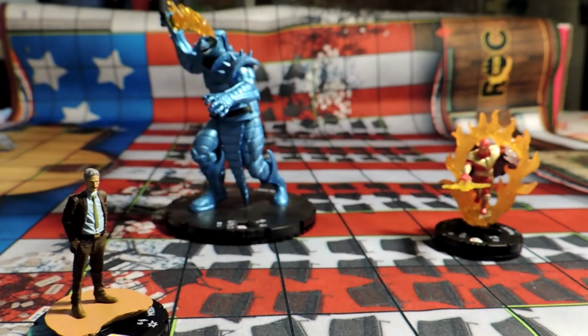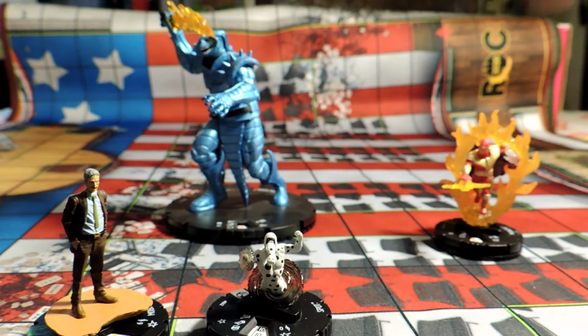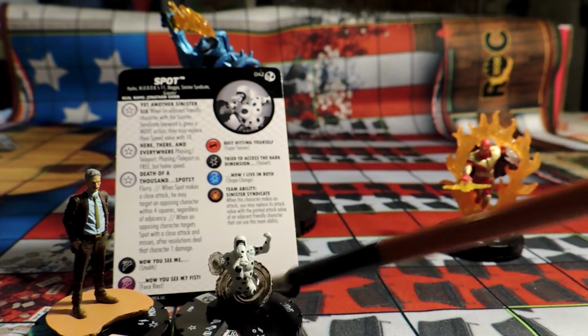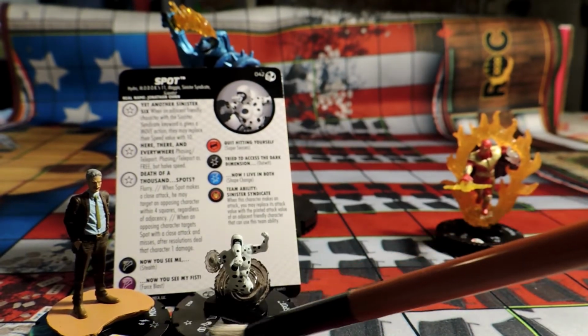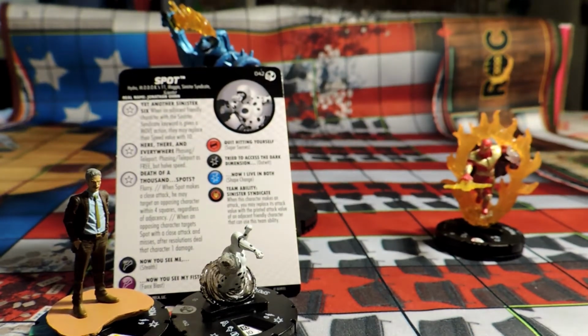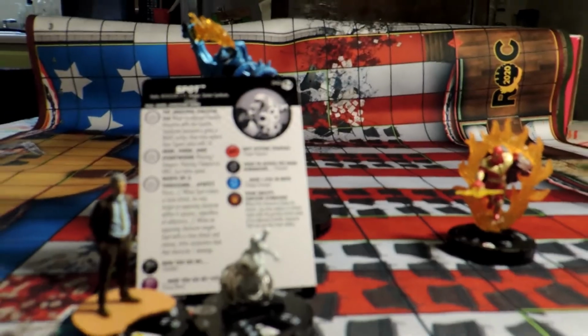Okay, next one let's look at is somebody like Spot. So Spot is from the Spider-Man Venom Absolute Carnage set. He's coming in at 50 points. What he has going on